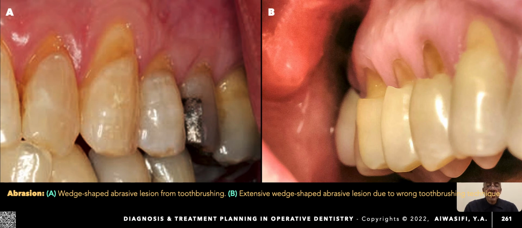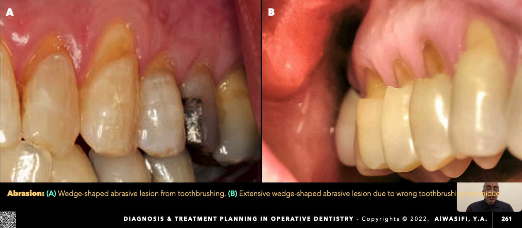What is the difference in management between a wedge-shaped lesion from abfraction and a wedge-shaped lesion from abrasion? The difference is in the selection of restorative material. Both of them need to be restored if the lesion is very aggressive or if it affects the aesthetics of the patient. But the difference in selection of restorative material arises